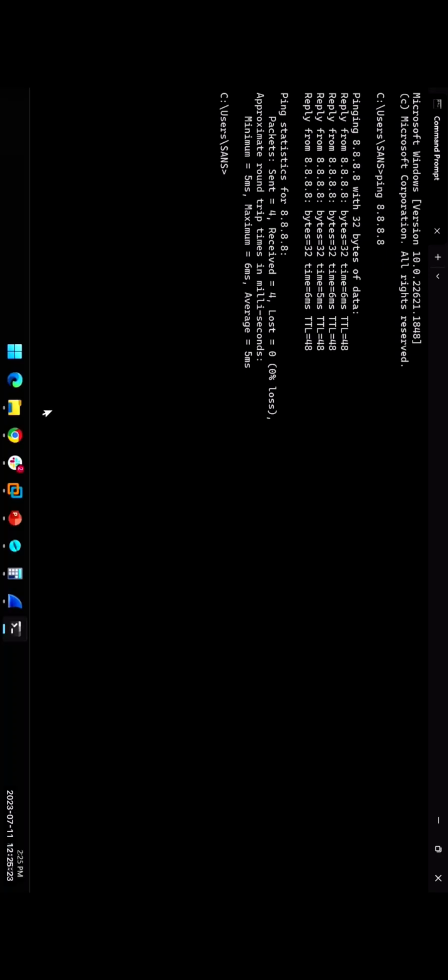Will a TTL of 1, will that packet get to 8.8.8.8? Not if I don't have a direct connection, a direct physical cable going to that server. It will not get there. Well, wait a minute. So what actually happens? So let's go ahead and do a trace route